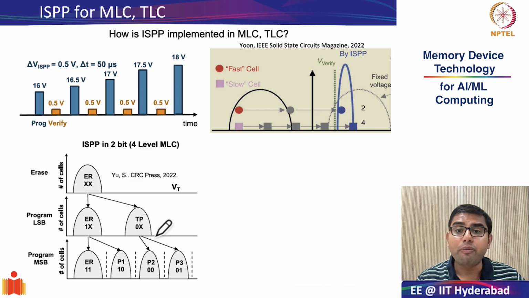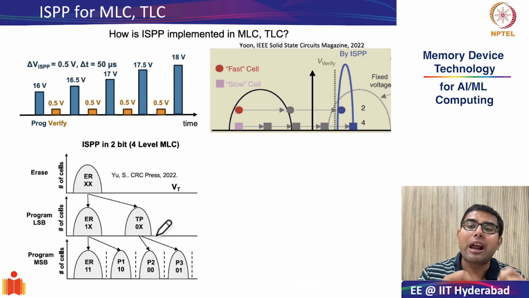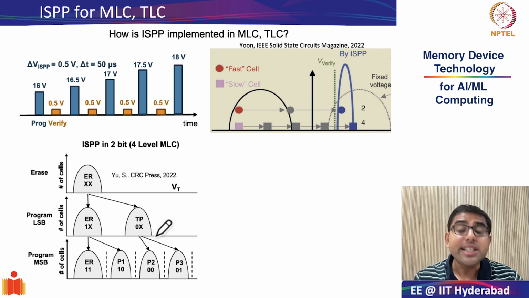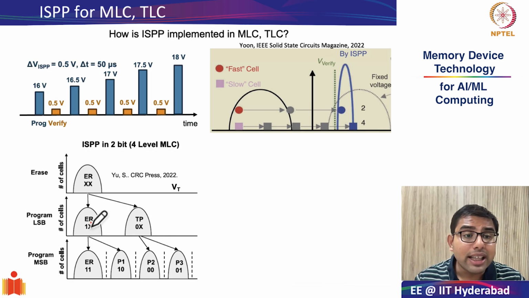So in the second step, what we do is the MSB data is first read back into the internal buffer register of your external peripheral circuitry to determine what should be the cell's current threshold voltage, and then further programming pulses will be applied based on the least significant bit. Now, depending on whether this X is 1 or 0, either you stay in the erase state or you move on to the first programming state. If the state to be programmed is P2 or P3, you start from the temporary state and move on to the P2 state or the P3 state.